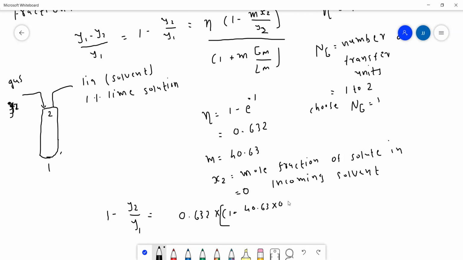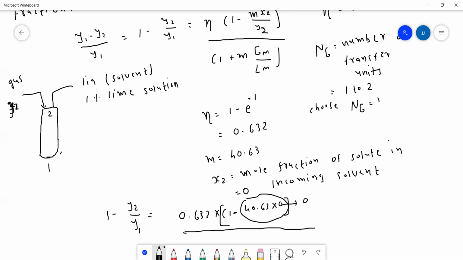We do not need to find this Y2, because this whole term is 0. So divided by, this whole term would be 0, divided by